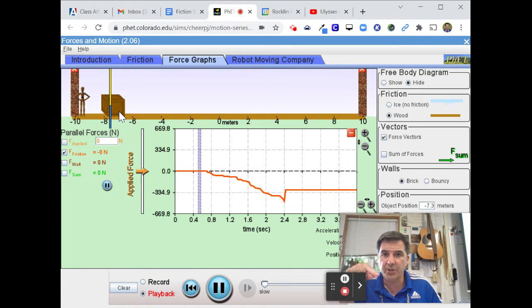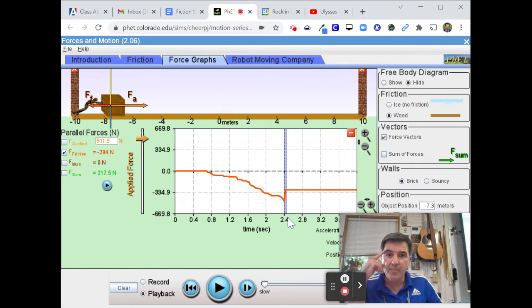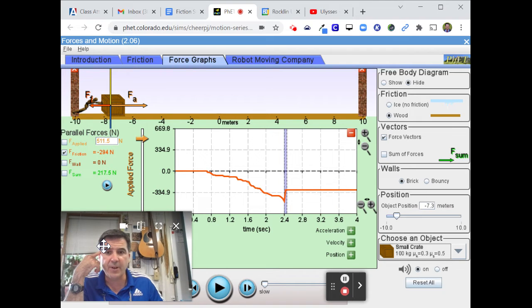So I'm going to begin to push right there and push more and more, and it's not moving. It's still not moving. I keep pushing harder and harder, and then right at that point right there, it drops down. And so this is the difference between static friction and kinetic friction, because down here you can